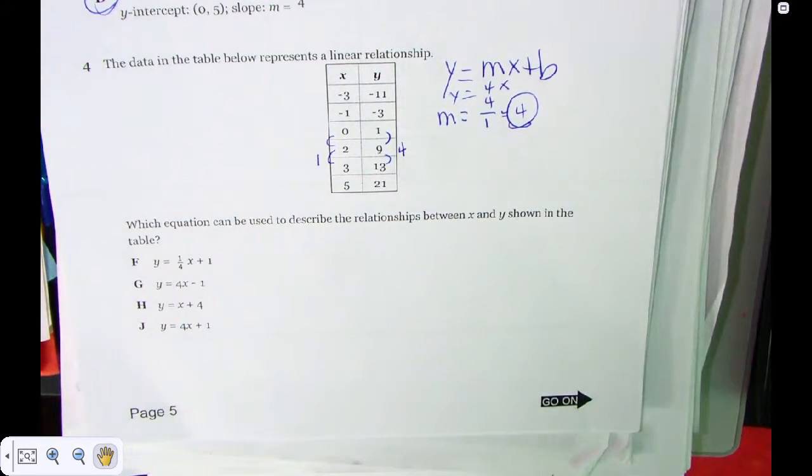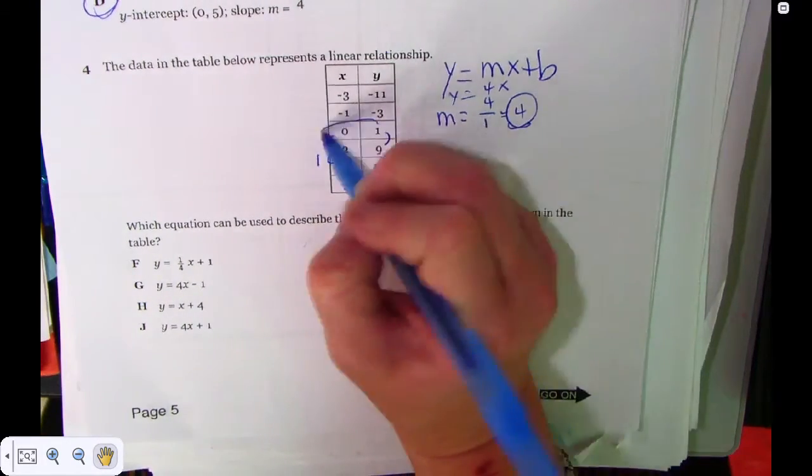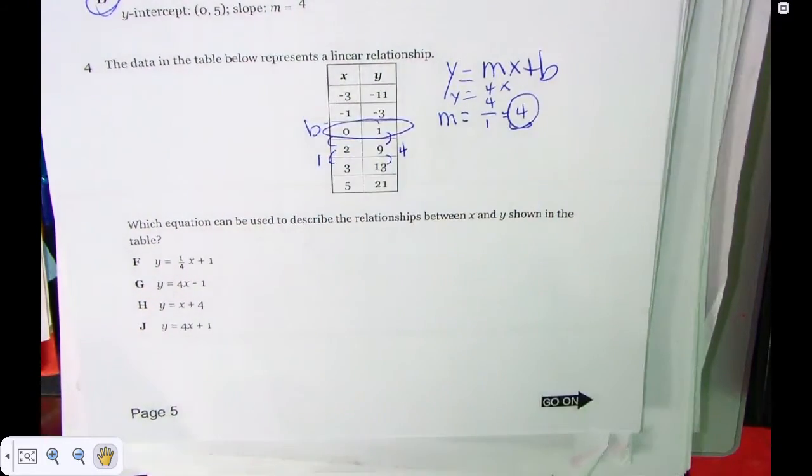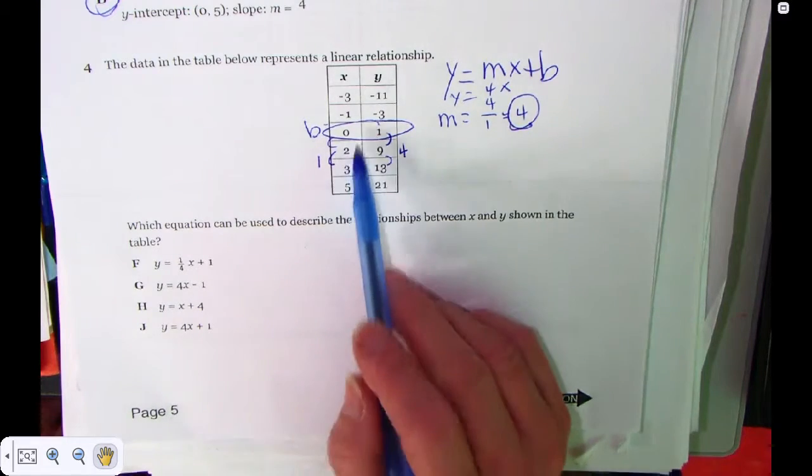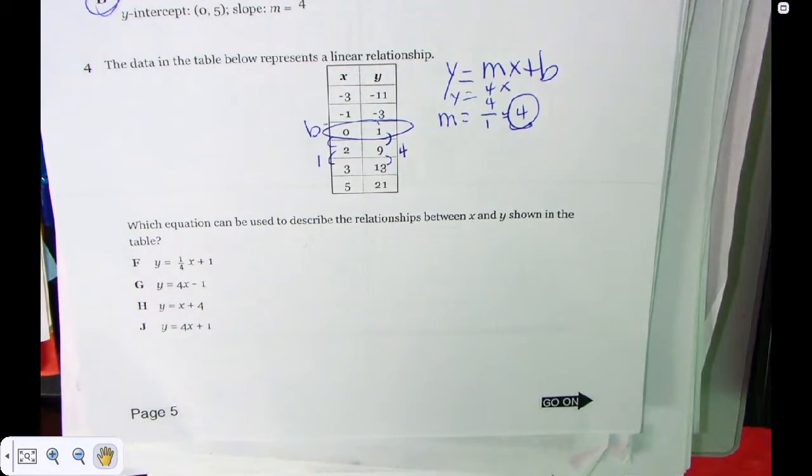I look at the table and I see something. I don't have to do any work. The y-intercept is shining right there. 0, 1 is the y-intercept. Guys, next year you have to know how to look at a table and find the y-intercept. Should be easy. So everybody circle that and put b equals